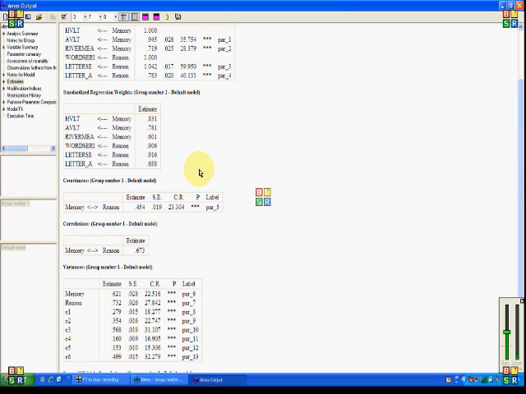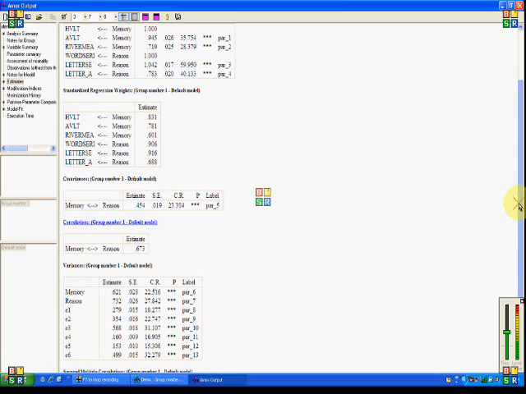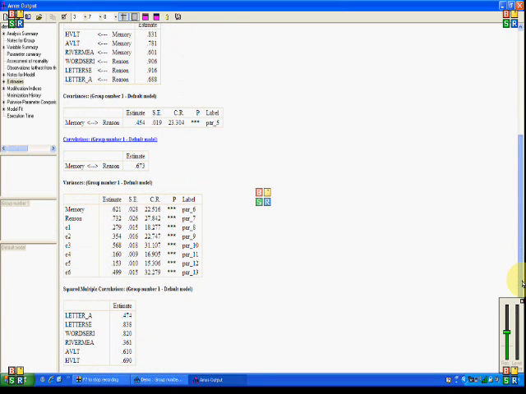Now what we have is the covariance matrix. And again, this is a test of the significance of the relationship between memory and reasoning, and that's significantly different from 0. And then here we have the bivariate correlation. And then finally at the bottom, what we have are the variances of the memory and reasoning factor, which for the current purposes we don't need to do anything with. In the future, when we do regressions, that's the variance we're going to be trying to explain. So it's a lot like what we did in MLM. Those variances for memory and reasoning represent the kind of variance that we want to explain and reduce. And all these variances